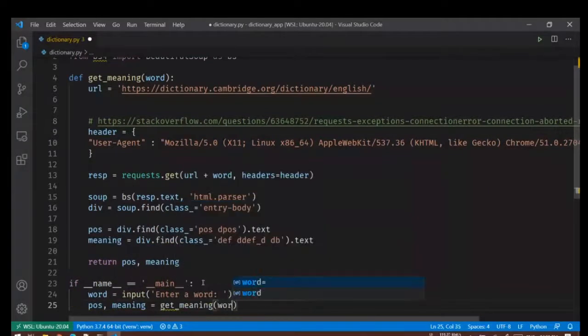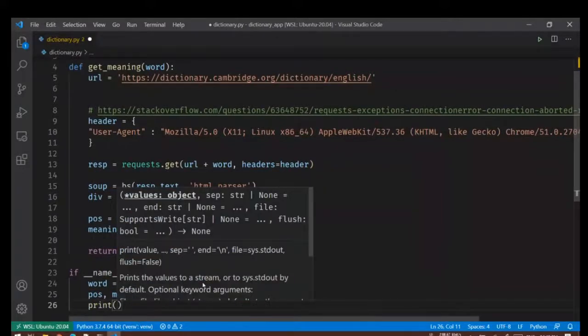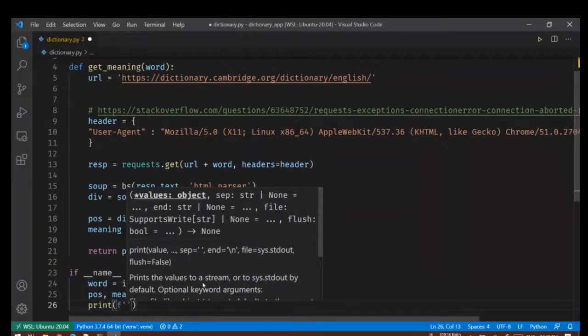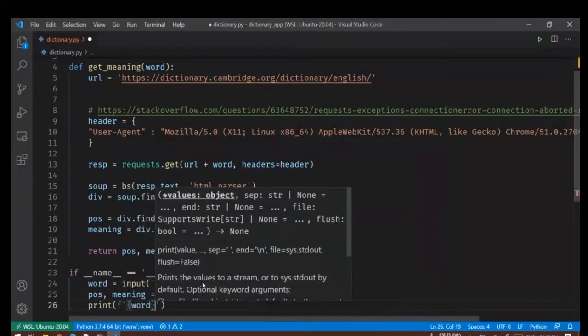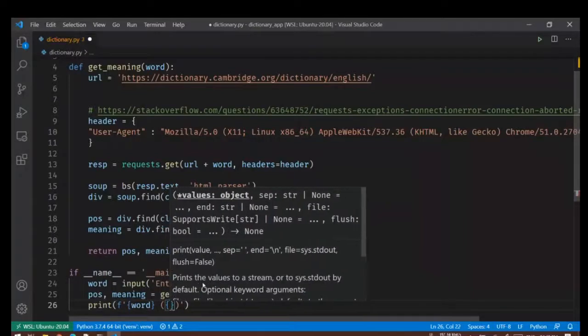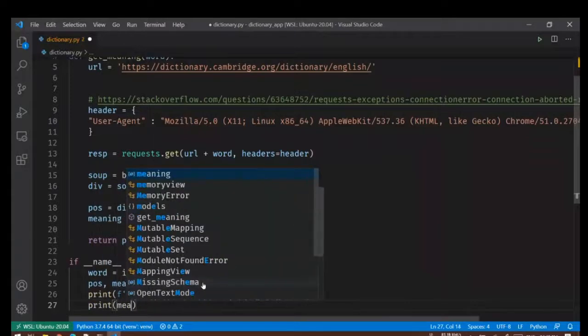You will call get_meaning with the word, and finally you will print the word with its part of speech, and then you will print the meaning.